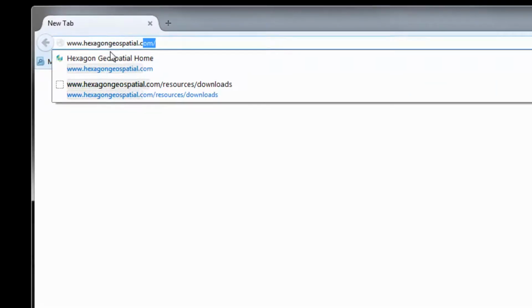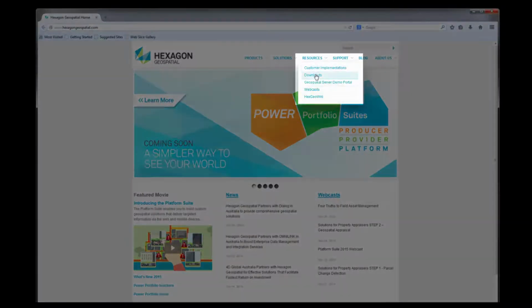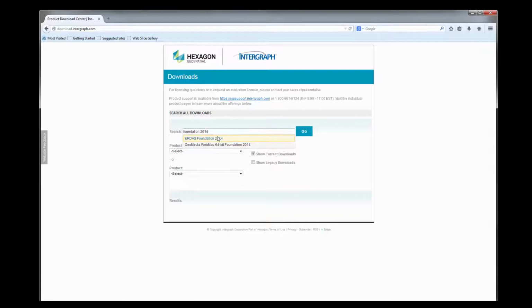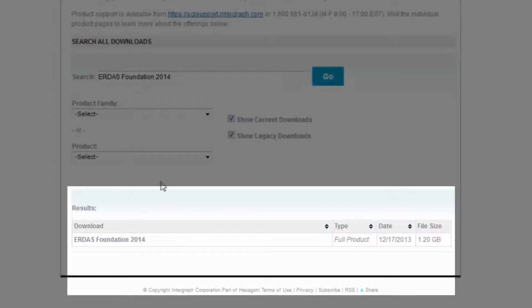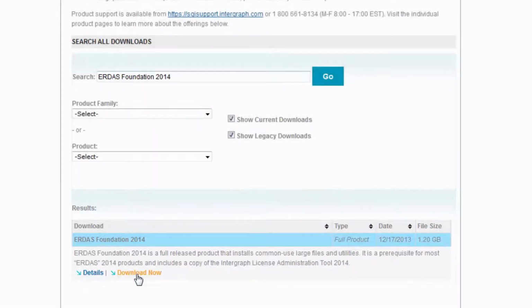Let's begin by opening a web browser and navigating to www.hexagongeospatial.com. From the Resources menu, click on the Downloads link. In the search field, begin typing Foundation 2014. A list of results will appear. Click on ERDAS Foundation 2014 and then click Go. In the results field below, click on the ERDAS Foundation 2014 link and then Download Now to begin the download